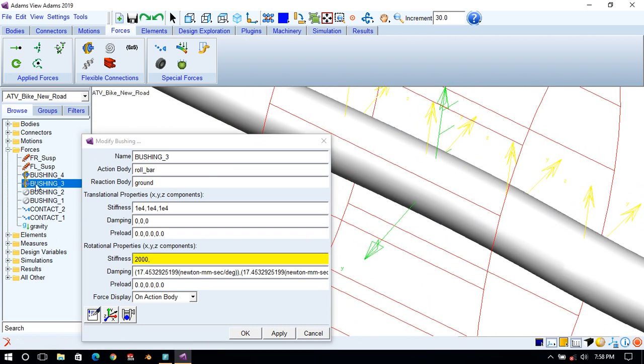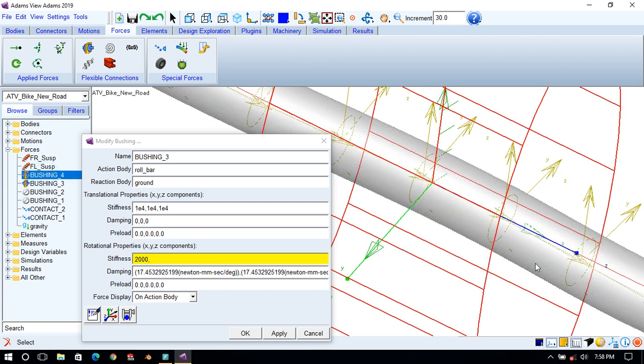Rotational stiffness, so let's say 2000 about x. 2000 about x means x of the bushing. If we see, this is the y axis of the bushing, x axis of the bushing and z axis of the bushing. The z axis of the bushing is along the roll bar direction, the axis of this anti-roll bar.